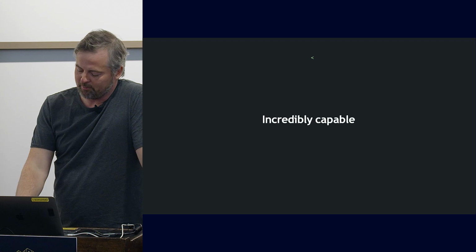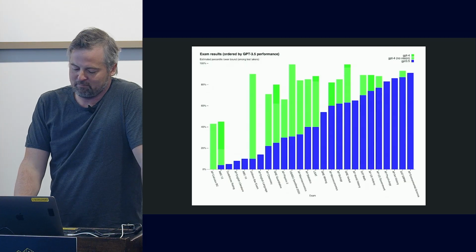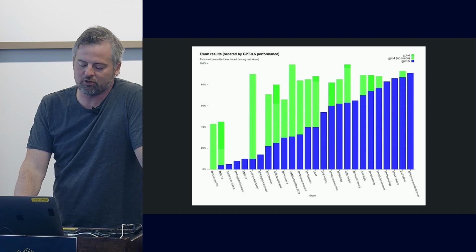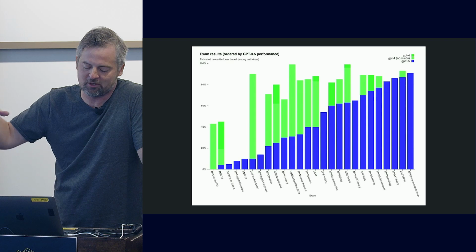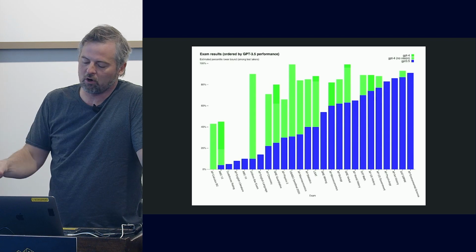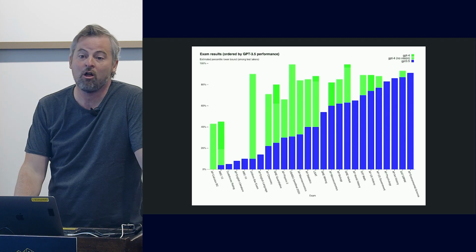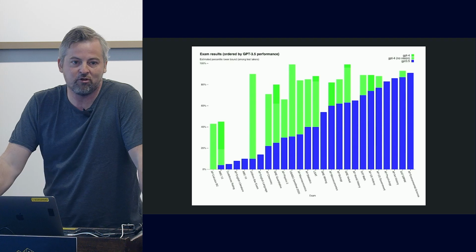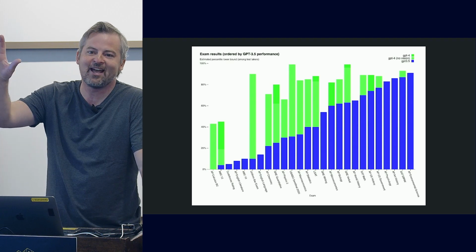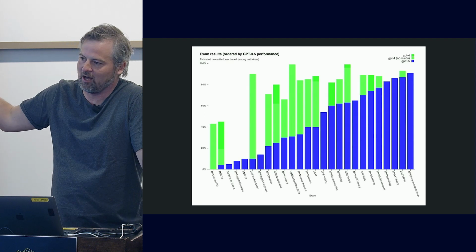So it's incredibly capable. What's the data to support this? This is an image from the GPT-4 paper where they're showing the exam results on a whole bunch of AP exams and a whole bunch of exams you would know. And remarkably, GPT-4, the green lines, scores between about the 50th and 80th or 90th percentile on all of the traditional tests that you do, right? So if you give it an AP bio test, it will score, not superhuman yet, but extremely, extremely well across an incredibly diverse range of tasks.